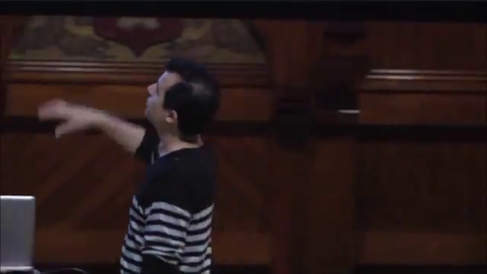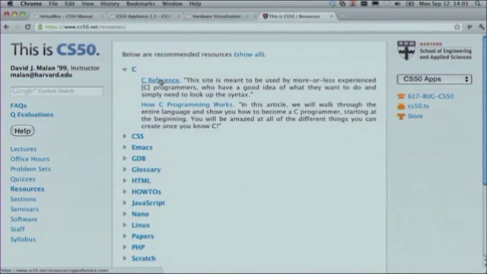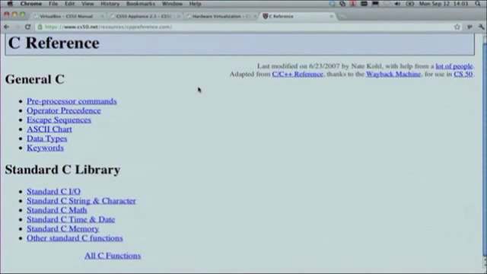These are the free alternatives to the recommended textbooks, and typically, based on the week, we'll expand different parts to just draw your attention to things that we think would be useful. In particular, this one up here, C reference. Again, on the resources page, this is a fairly simple website that actually has much more user-friendly documentation for a